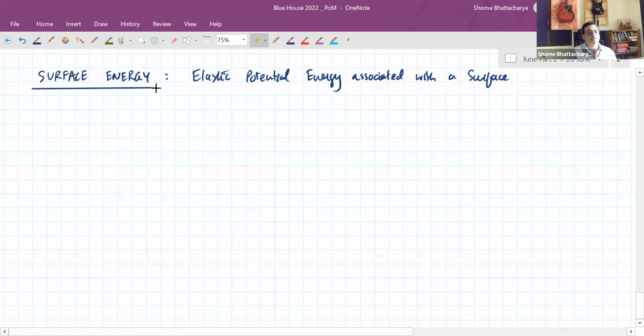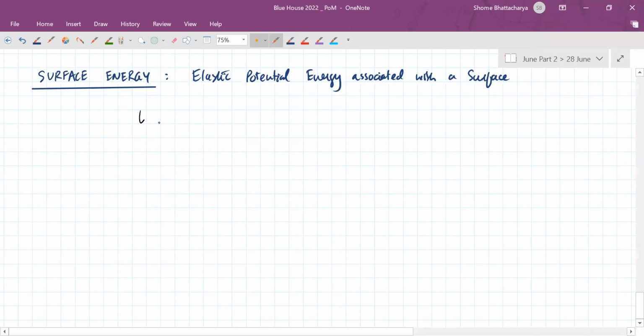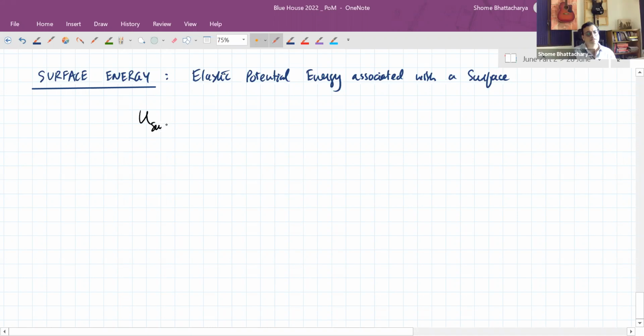Now the way to mathematically calculate this quantity is very simple, that if we create a surface out of a volume of liquid which hardly has any surface, but we create a large surface out of it, then the work done by the external agent in order to create this surface will be stored in it as potential energy. Okay. So as usual, the definition of energy, the internal energy or potential energy of a system, is the work